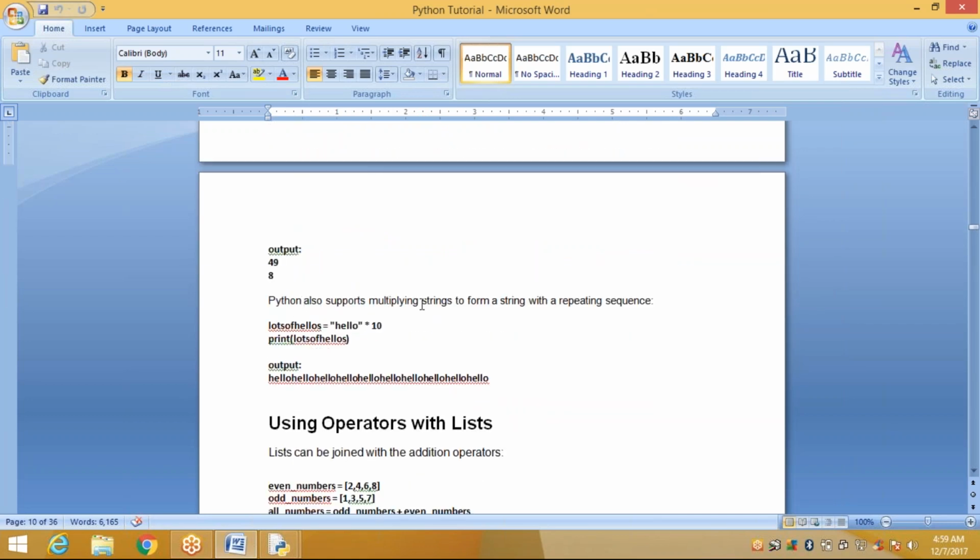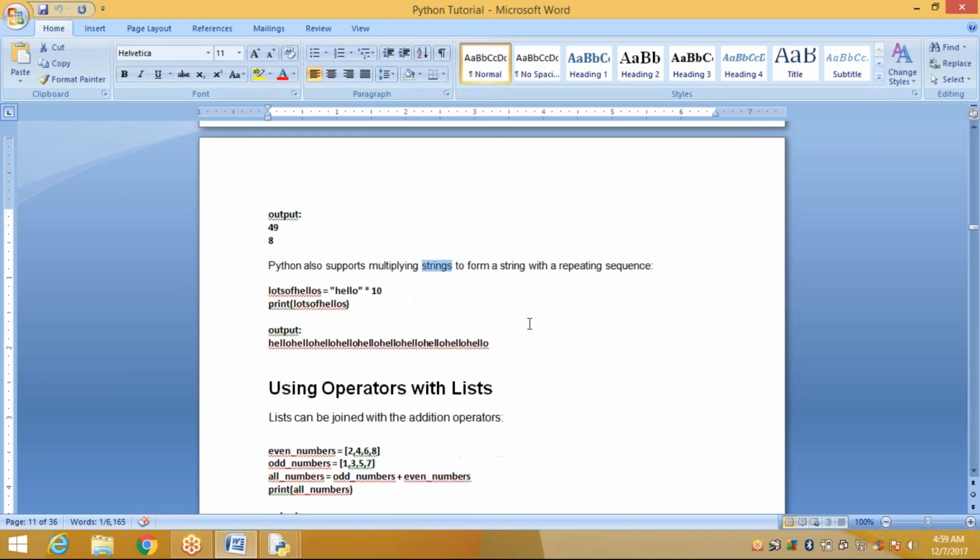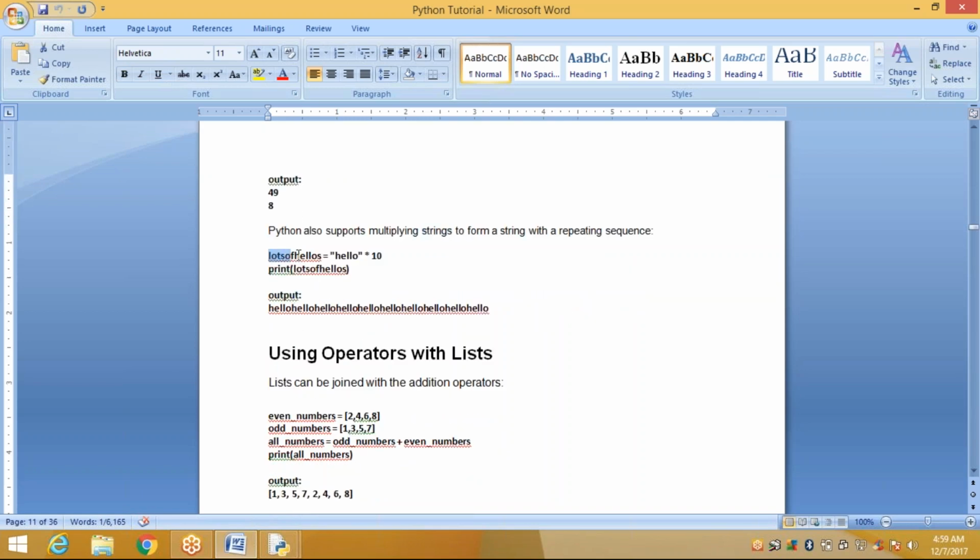See, Python also supports multiplying strings to form a string with a repeating sequence. See here, lots of hellos is equal to hello into 10. Print lots of hellos to display like this.